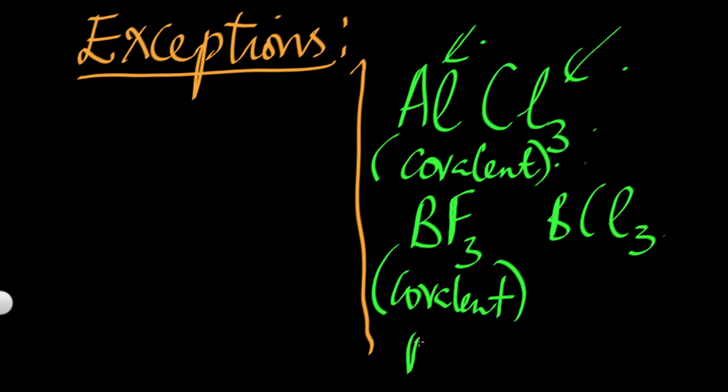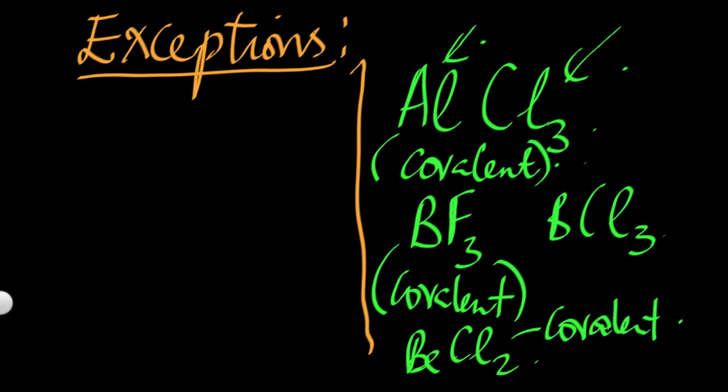And beryllium. Let's say beryllium, we call this beryllium chloride, but it is also covalent. So please note that aluminium, boron, and beryllium are quite exceptions here because they form covalent compounds. Even though we expect them to be forming ionic compounds, they form covalent compounds, and the naming of those compounds is not as straightforward as these rules that we gave. That is the exception. Then we have another exception, which is the common